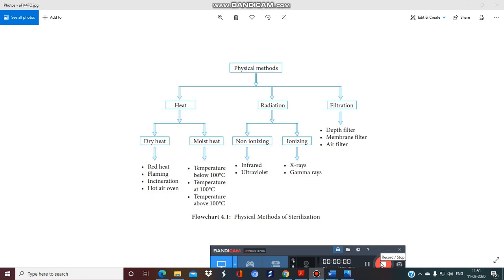I welcome you all to the next video tutorial on sterilization. So we have covered so far the heating methods, that is dry heat and moist sterilization. As far as radiation is concerned, it is divided into two parts, ionizing and non-ionizing. In non-ionizing, we have already covered the infrared radiation. So let's see the non-ionizing radiation, the UV light, and the ionizing radiation like X-ray and gamma rays as a sterilization agent.